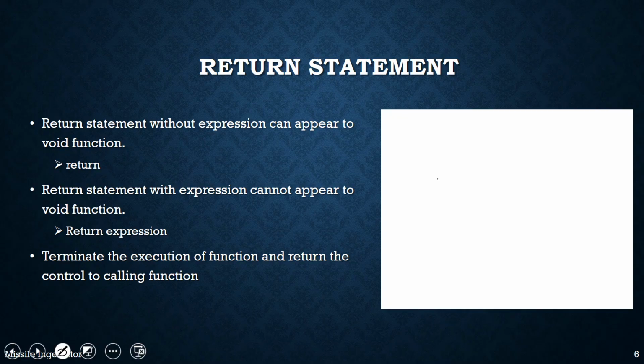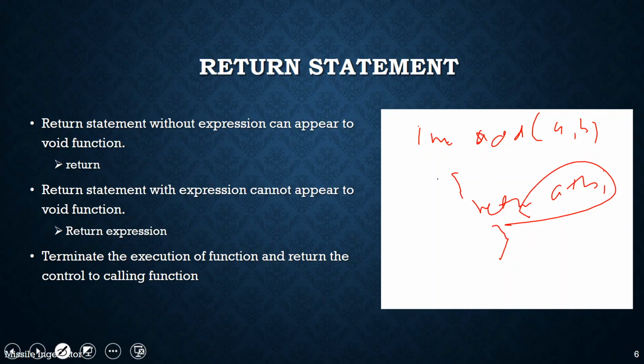Similarly, in a return statement, suppose you are passing argument values to a function, say int add, and you are passing two arguments a and b. Then what you can do is return a plus b. So this is the return statement. Basically, the return statement returns some value. But returning with an expression is allowed only in a function having a data type other than void. In the case of void, you can't use any expression; you can only use return. You can't return any other value as the data type of the function is void. That's what I mentioned here.